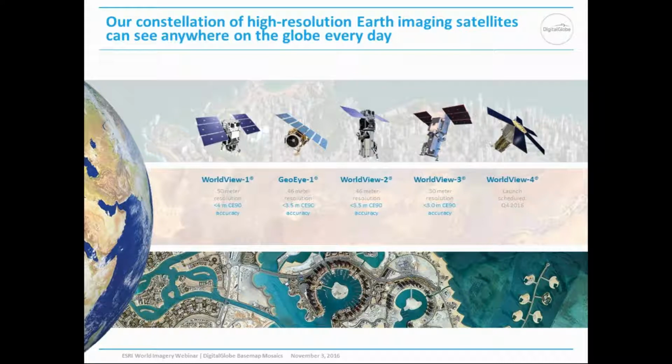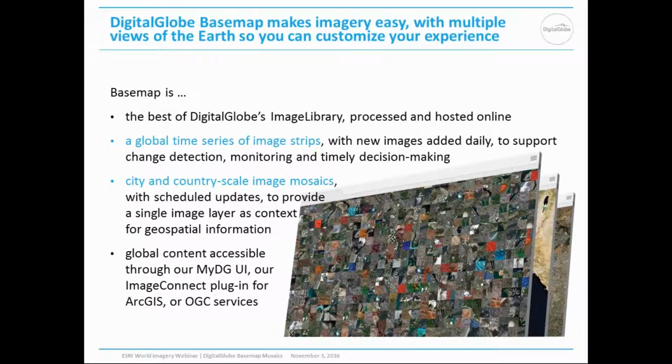At Nadir, our satellites collect imagery between 30 centimeter and 50 centimeter spatial resolution and have a pointing accuracy better than 4 meters. The constellation collects nearly 3 million square kilometers of new imagery each day, adding to our extensive 15-year image library. Basemap is DigitalGlobe's solution to making imagery easy, with the best of our image library accessible online